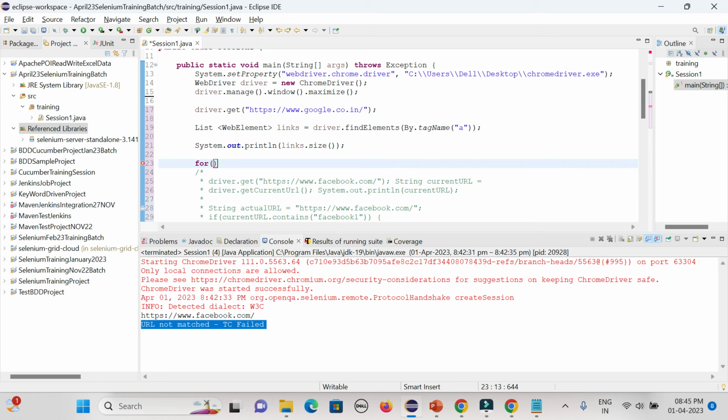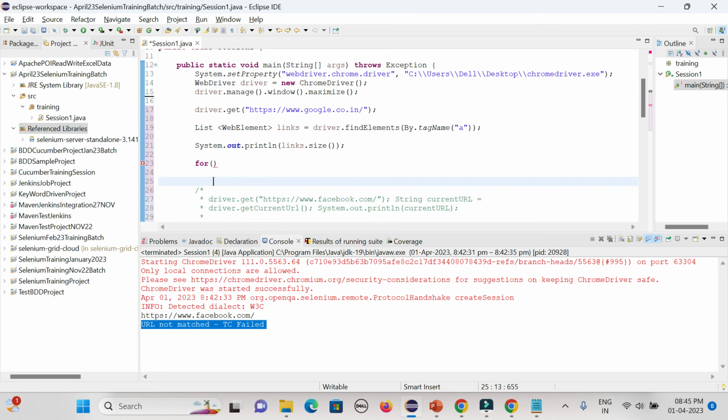No need to worry right now, that will be covered in the upcoming session. So that is the syntax, you can use it, for, then here you need to give integer i equal to 0, that is the syntax of the for loop. It will start with i equal to 0, it will go till size minus 1, less than links size, i plus plus,